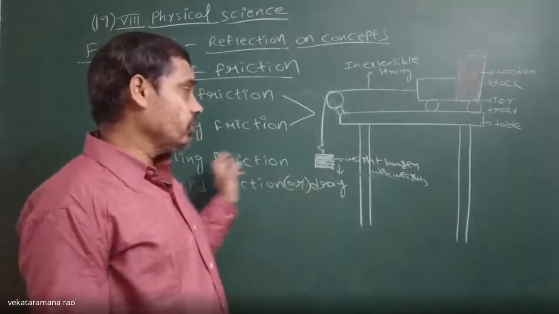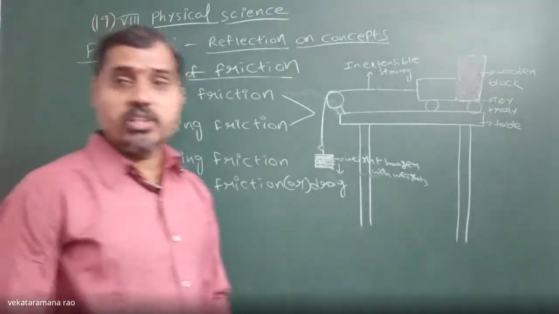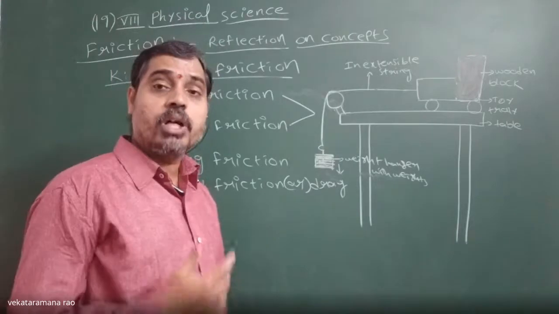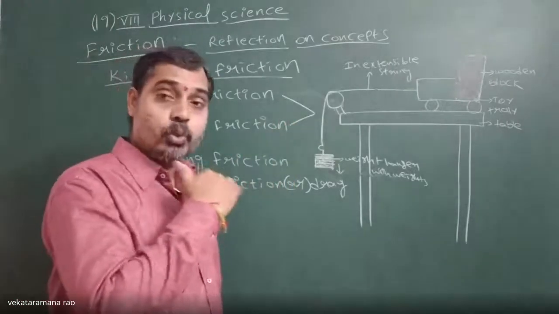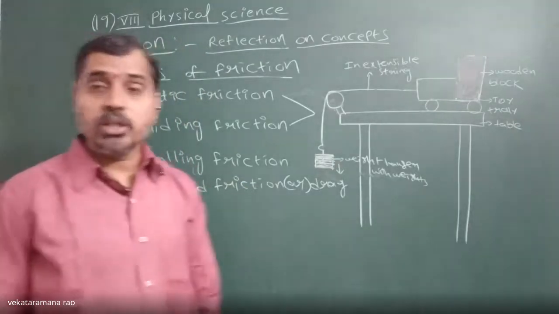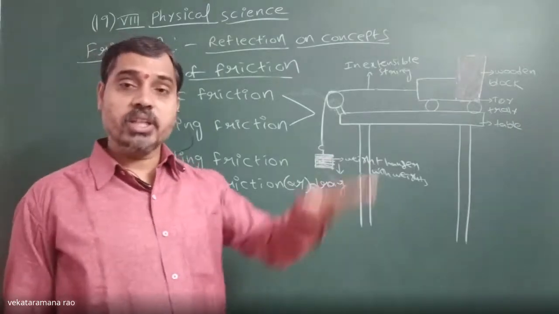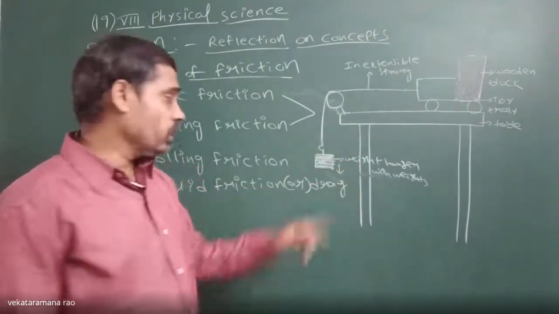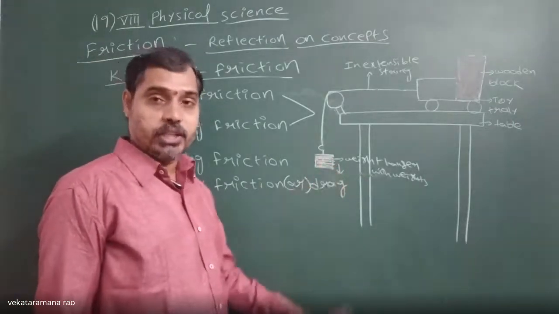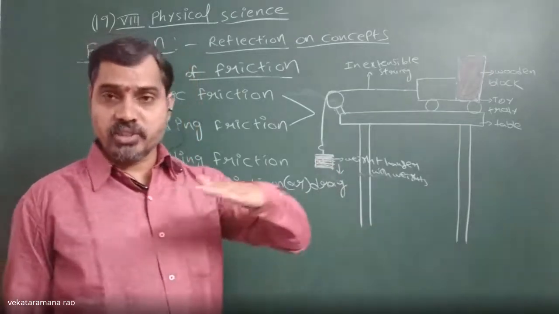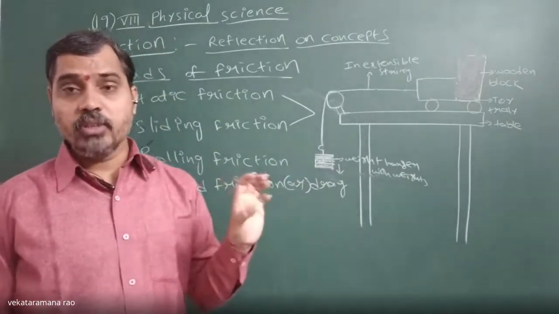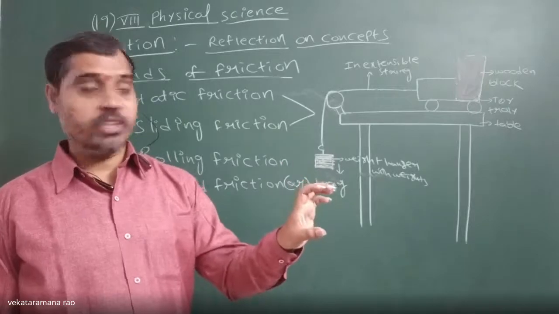Then what is the nature of friction? The nature of friction is that the frictional force always tries to oppose the motion of the wooden block with respect to the surface of the toy car. The friction force acts between the wooden block and the toy car surface in the direction of motion of the toy car, because of the gravitational force acting by the earth on this weight hanger. Now, that static friction will have a certain limit. Whenever it crosses that limit of static friction, then what will happen?